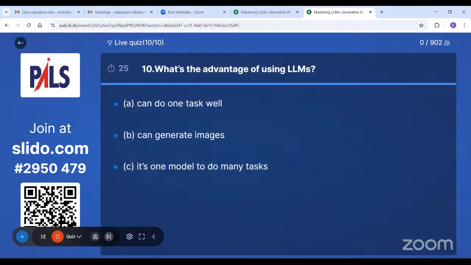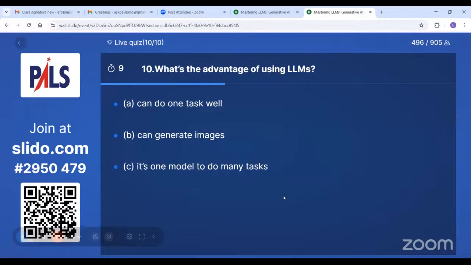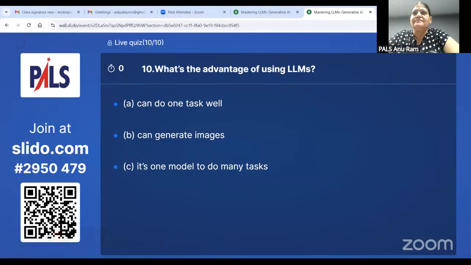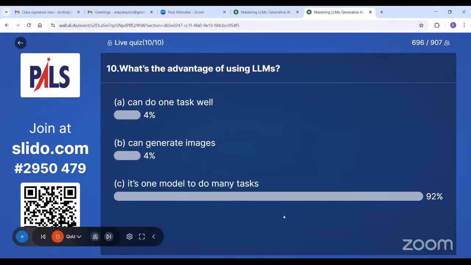What is the advantage of using LLMs? You have three options. Can do one task well, can generate images, a single model to do many tasks. Okay, answer C, 92% have answered correctly. We'll see the leaderboard.